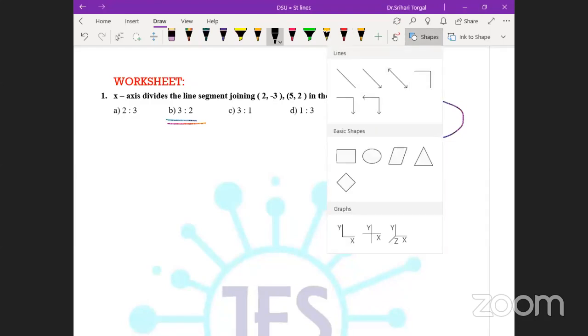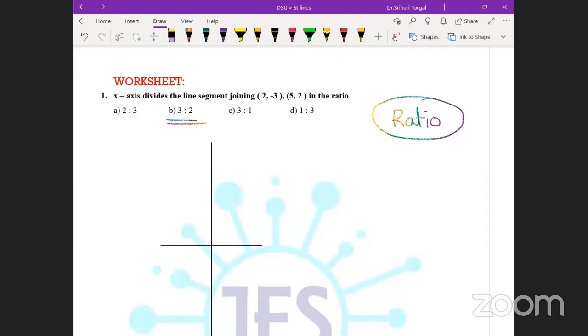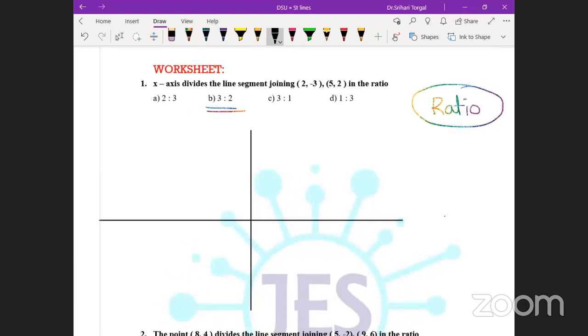Let me take the x-axis and y-axis here. This is the x-axis and y-axis. Where is the point (2, -3)? 1, 2, comma minus 3. This is the point (2, -3). Let me call this point A. And (5, 2): 3, 4, 5, comma 2. This is (5, 2). Okay. Now,